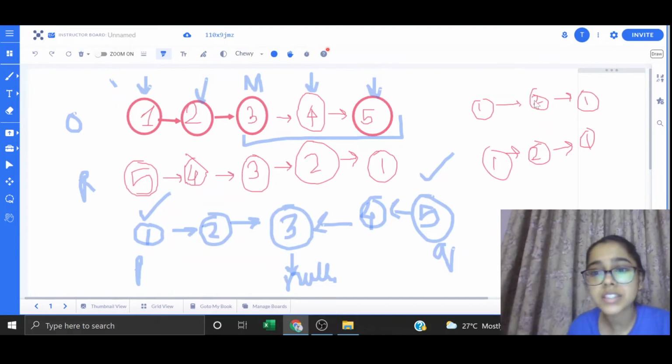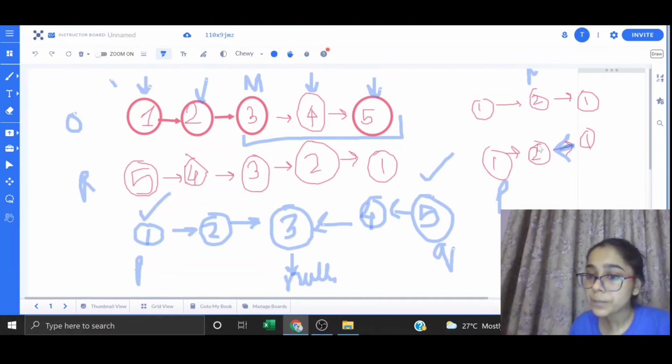Whereas if we see in this case, this would be the middle node, and this will point to this point. Now our P pointer will be here and my Q pointer would be here. At this point I check that the value at pointer P is equal to the value at pointer Q. Yes, it is true. P pointer will move and Q pointer will move.